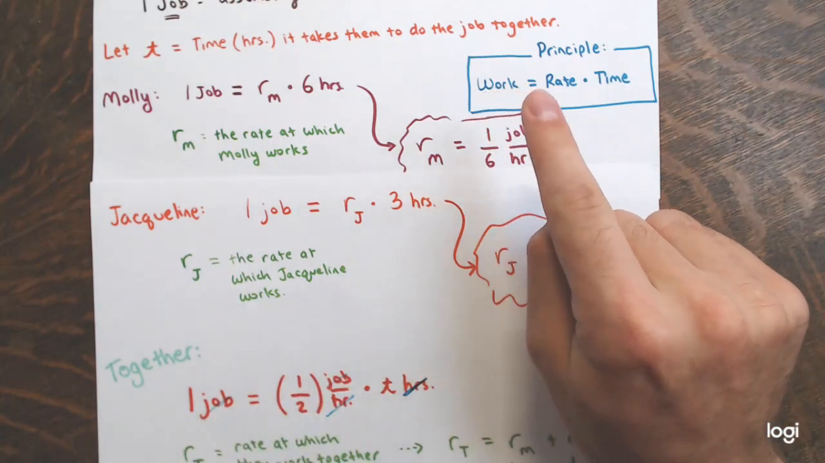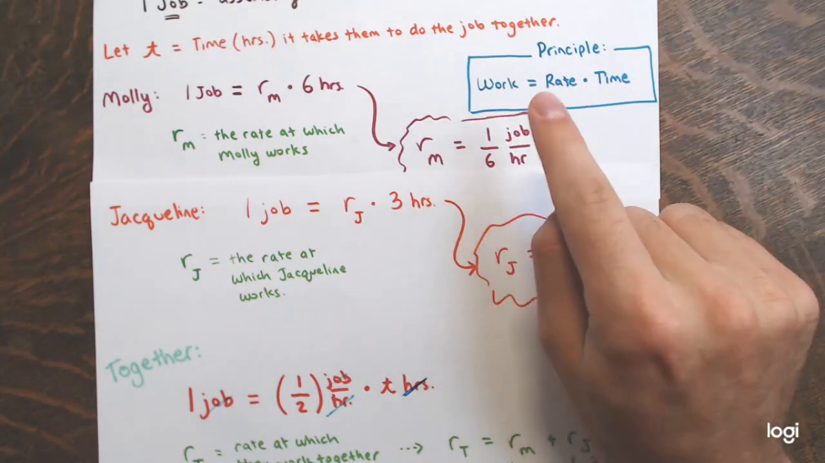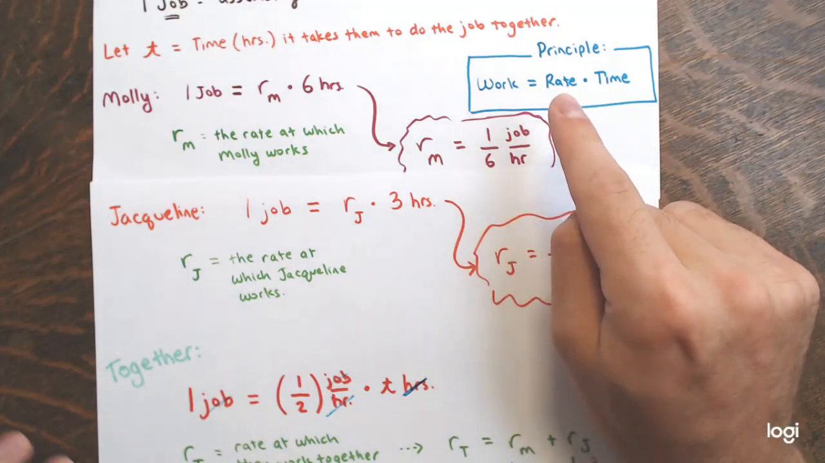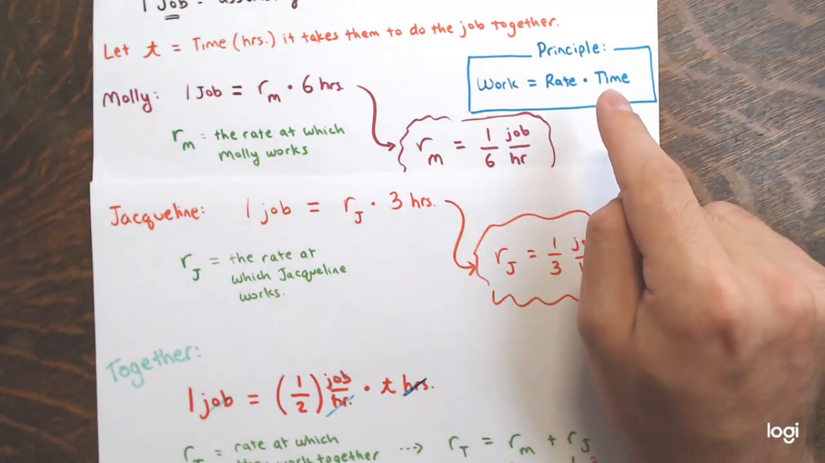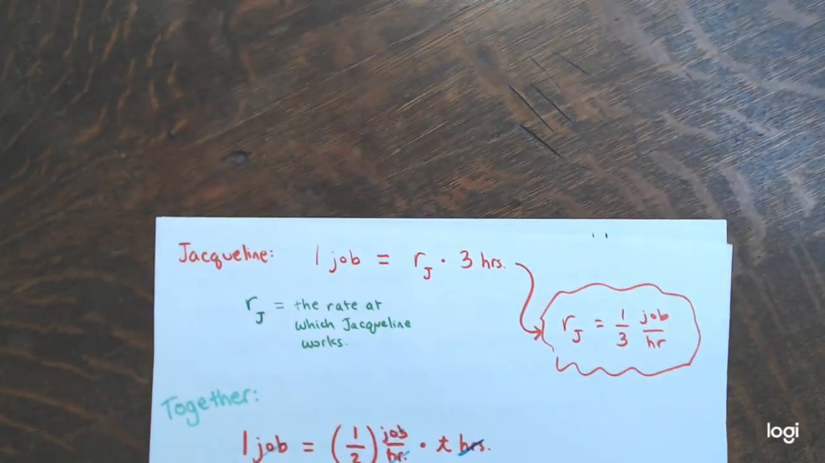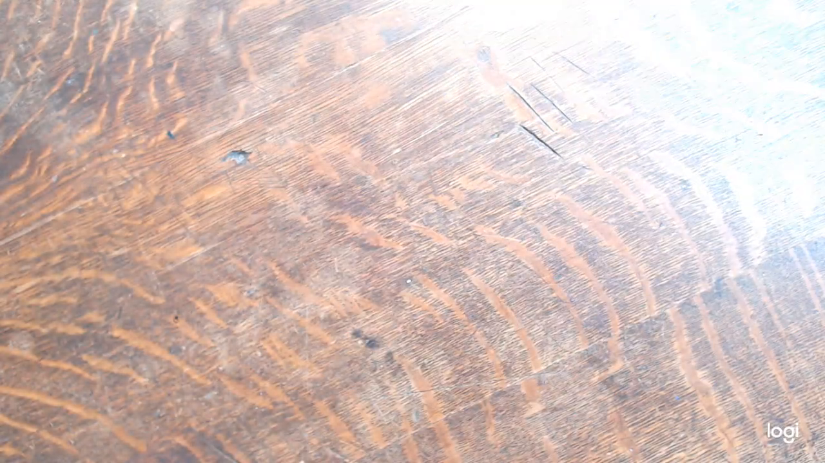And each time I'm continually using this principle that the amount of work done by someone or some group of people is equal to the speed at which they work multiplied by the time that they work for. Alright, so I'm going to continue on with this. I got one more example where we do something similar. Now this time